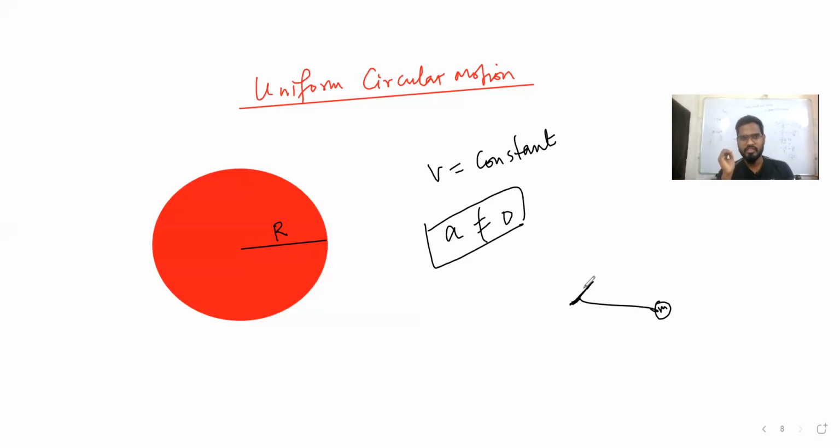Again, you listen. Suppose one magnet is here, and an iron nail is here. If it is rotating like this, it means one force is acting towards the center, so that the iron nail is revolving around the magnet. It means there is a force acting toward the center. And if force is there, there will be acceleration, right? It is impossible that force is there and acceleration is not there. Hope you guys got it.